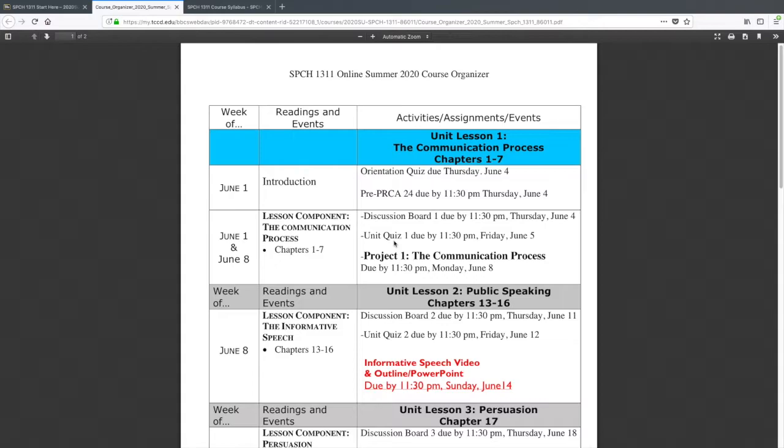Read this every day, because many of you might be taking another course along with this speech course. So these assignments, they come up very quickly. So it tells you week by week what assignments you need to be working on and the assignment due dates. So let's say right now, for example, June 1st. The week of June 1st,